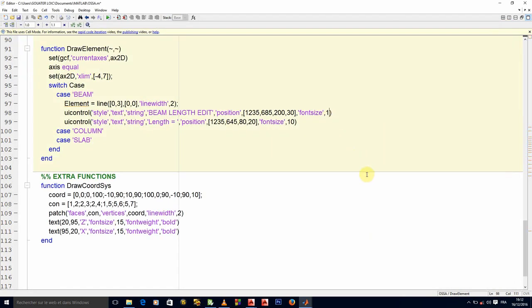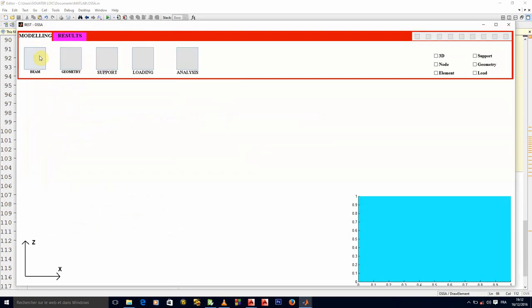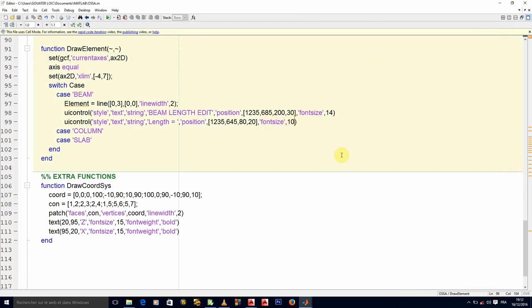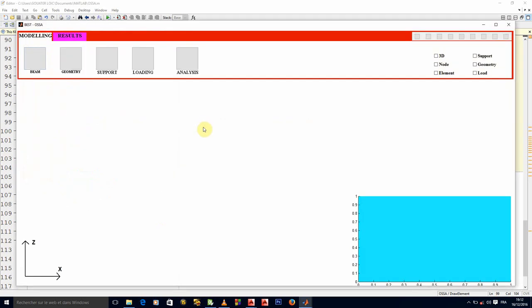If I put here 14, what happens? Beam length edit, I think it's even better like that. There will be 14, and here I can manage 11, because I need it to be visible. Okay, good. Yes, I really need it to be that visible.